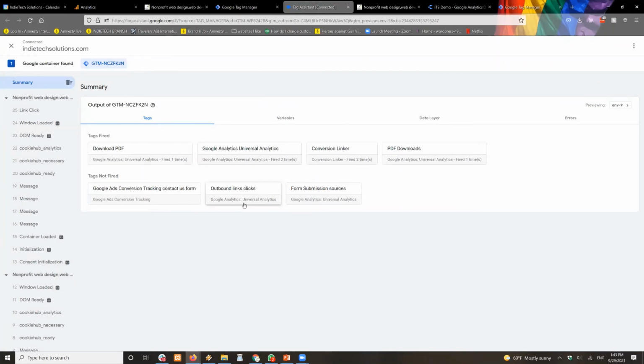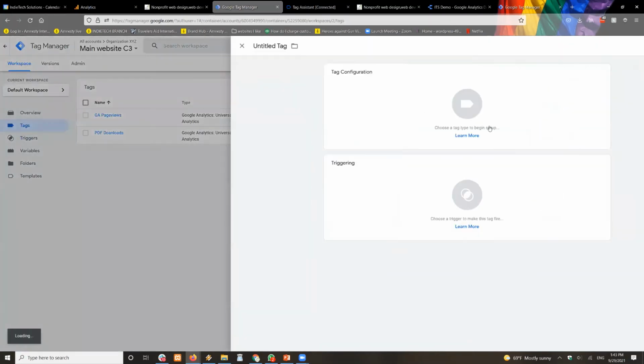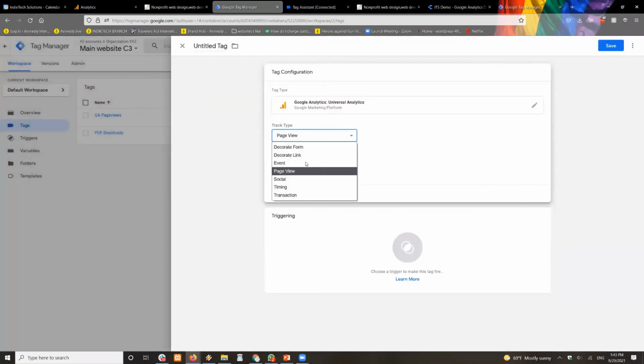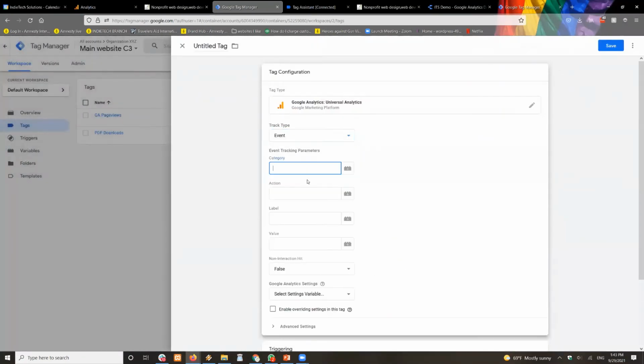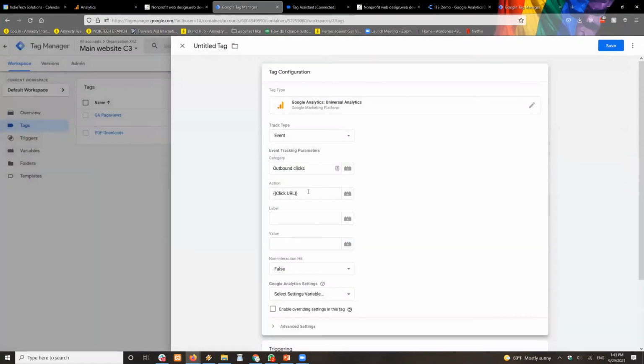and then I'll open it for some questions. This one is the outbound link. It's a very similar concept. I'm going to create a new tag, go to Google Analytics, an event. Outbound clicks. The action is the click URL, which is what people click.